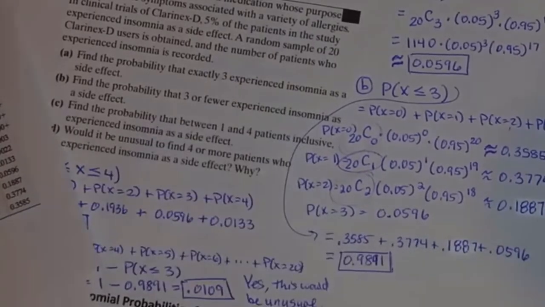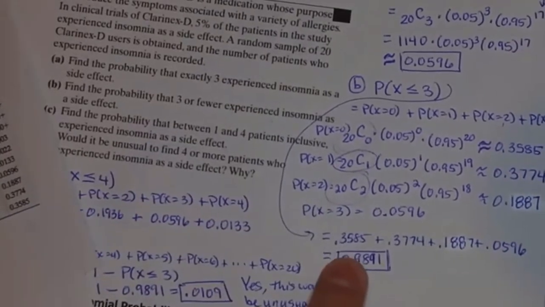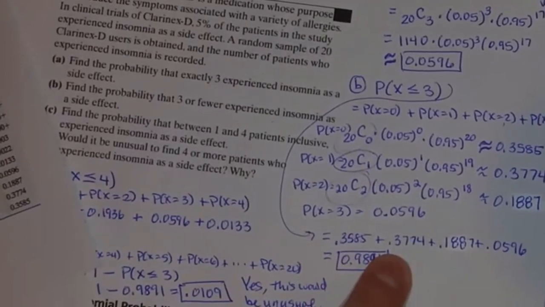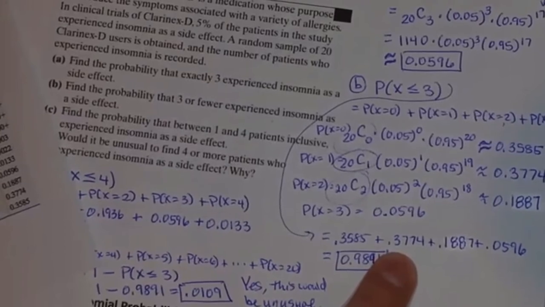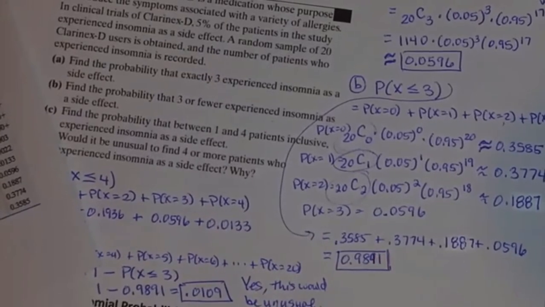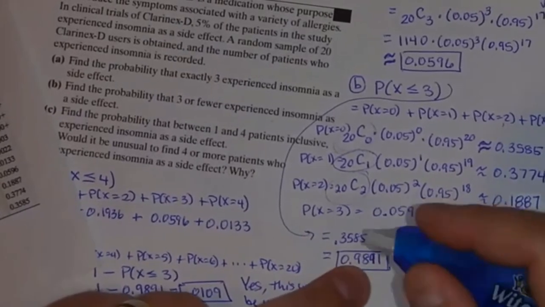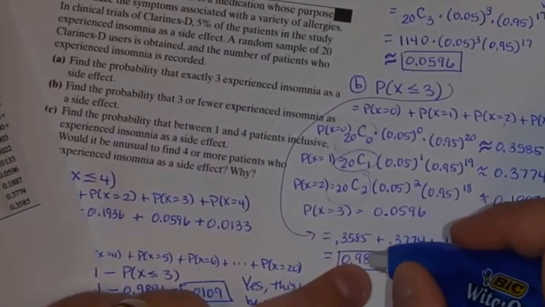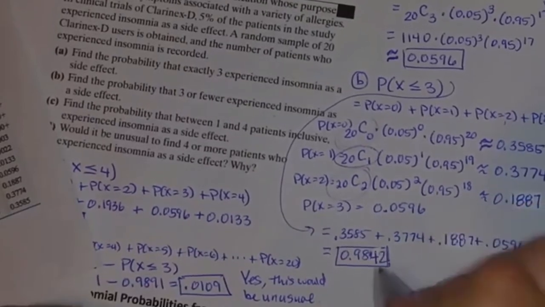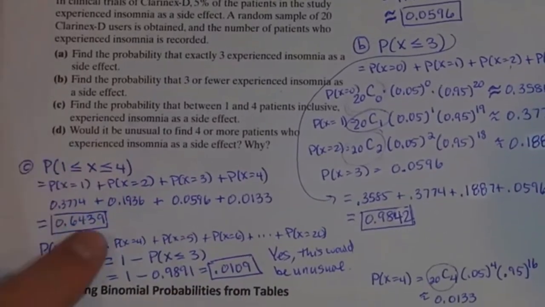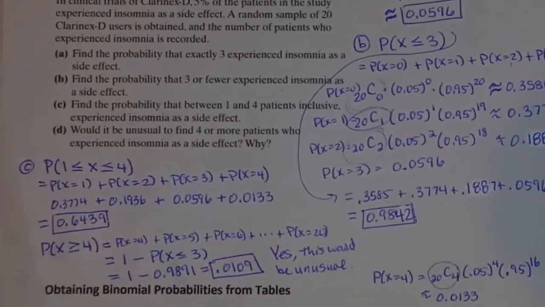And so if I re-add, that means this should have been 9842 instead of 9891. Right there. And that means this answer,